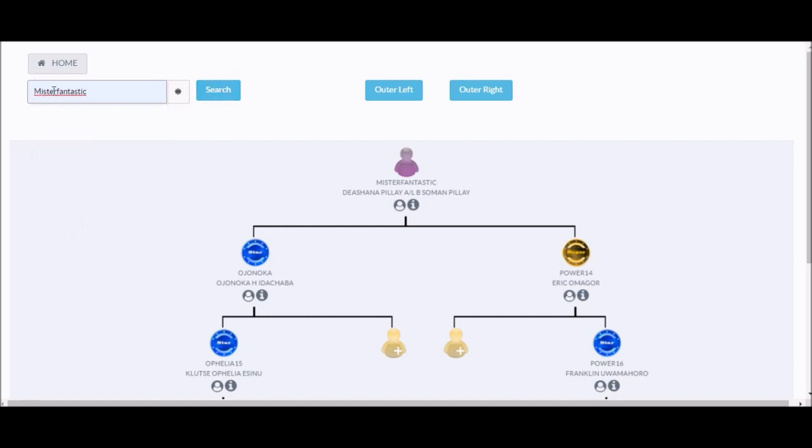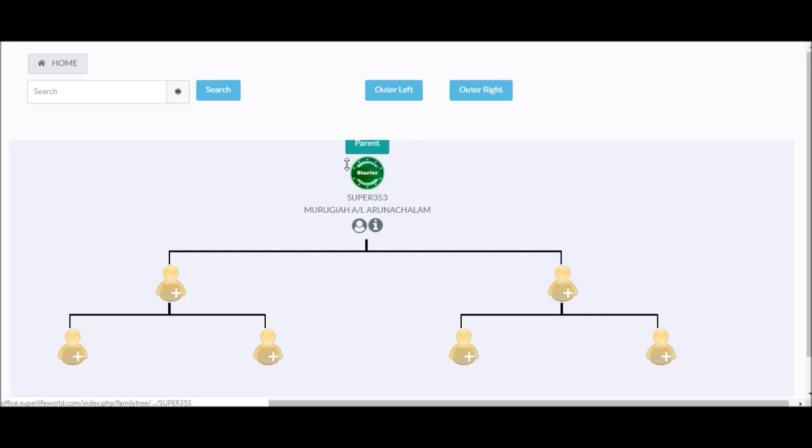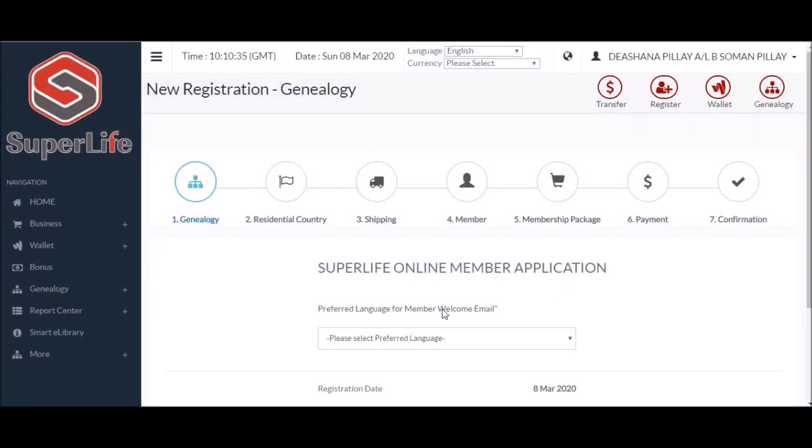Okay, I'm going to click on this person's username and I'm going to go outer right. So when I click on outer right, it goes to the last person on the right. So it's easier for me to select the person on the right here straight away. I don't have to manually search. Okay, so now